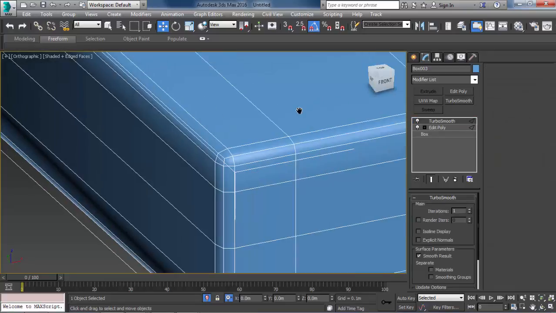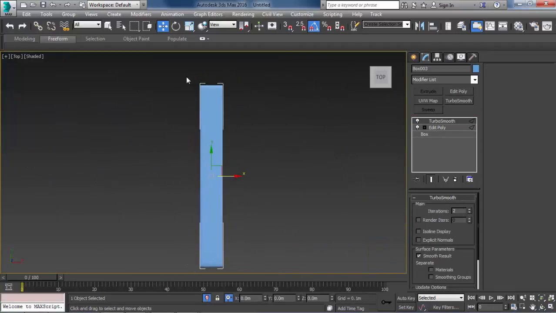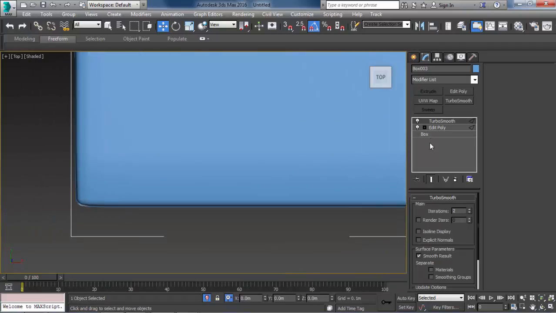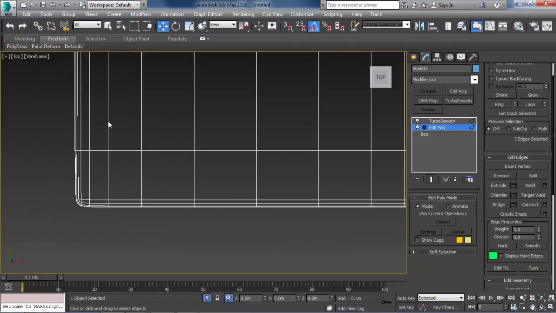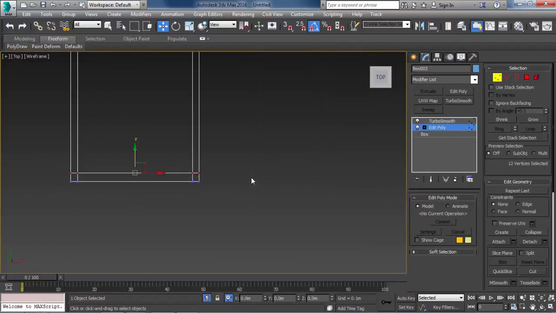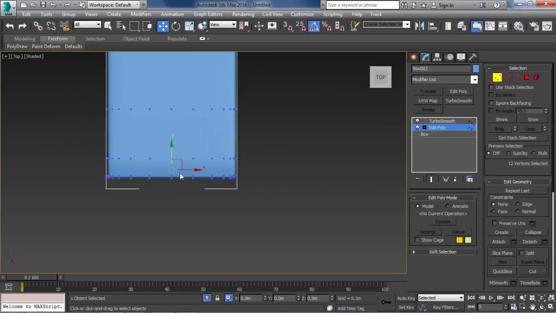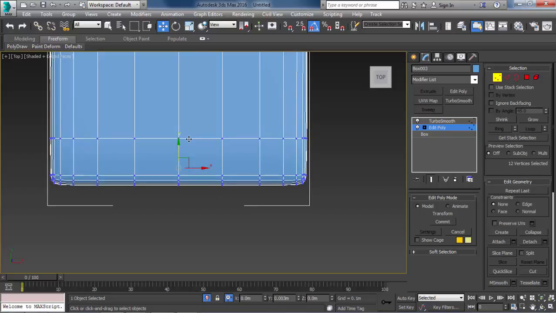Now if we apply a turbo smooth, add 2 iterations. Again, let's select those and see how they change as we move it.